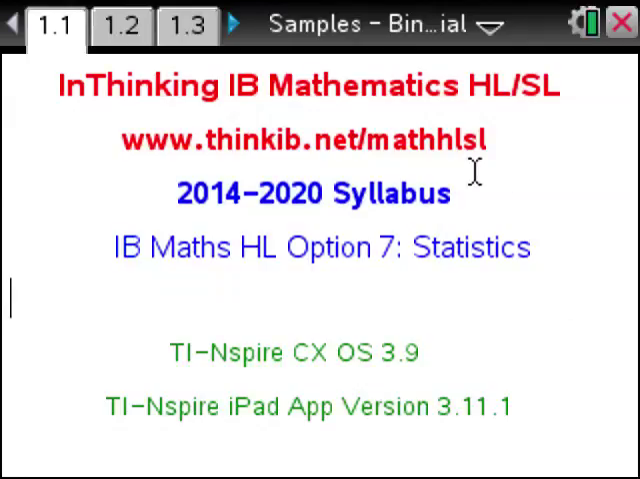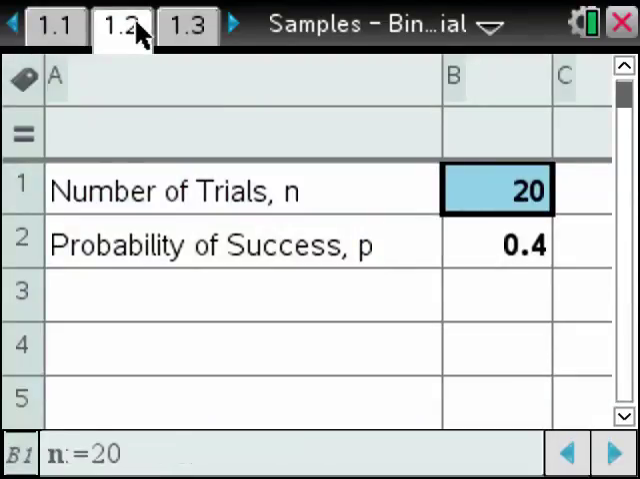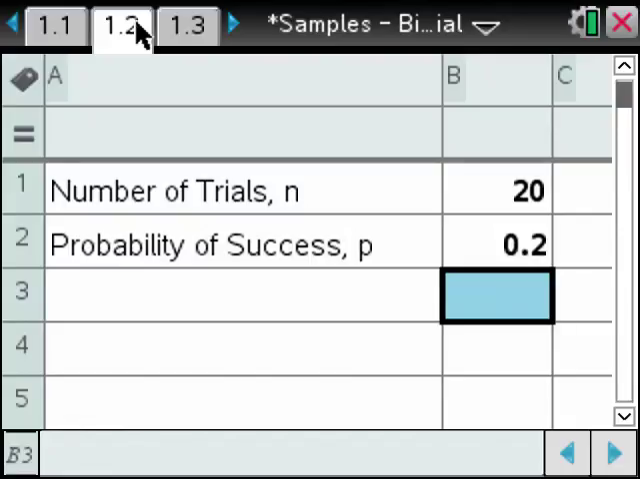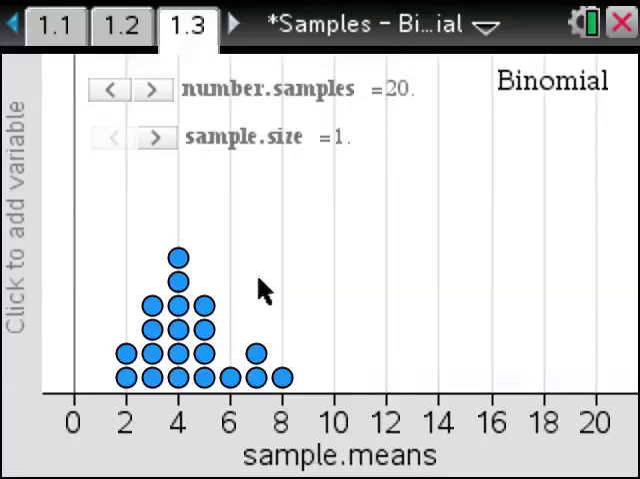Okay, this document links with the IB Higher Level Option 7 Statistics topic, and we're going to look at a binomial distribution. We're going to start off with a binomial distribution with 20 trials and a probability of success of, let's say, 0.2. If we go to the next page, page 1.3, we see a dot plot of taking